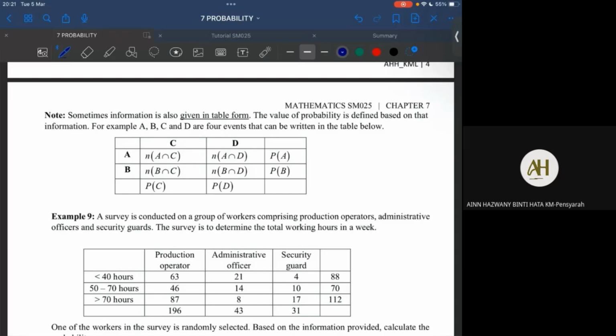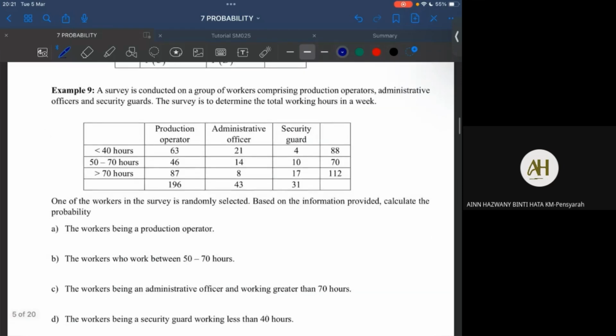Okay, untuk table. So kita dah buat Venn diagram, kita dah buat tree diagram, kita buat table. Table sebenarnya yang paling senang lah. Okay, abaikan yang atas ni, terus pergi ke example 9. So example 9, kita ada 3 event dekat sini. Production operator, admin officer, security guard. Which dia intersect dengan bekerja kurang daripada 40 hours, bekerja 50 to 70 hours and more than 70 hours, total